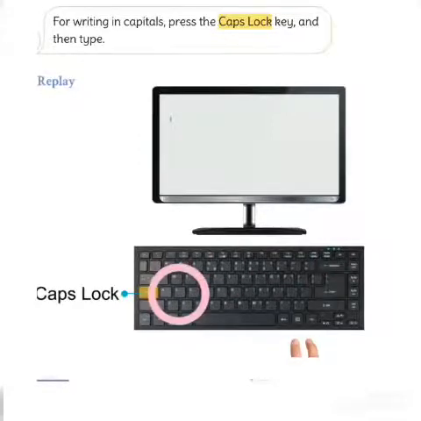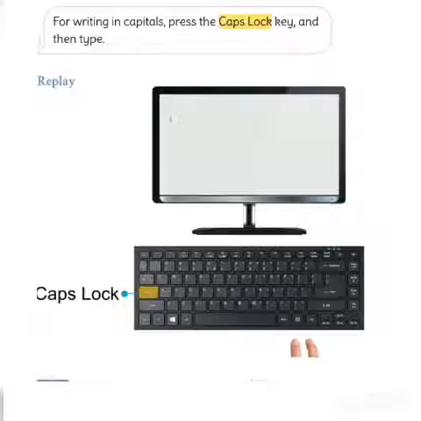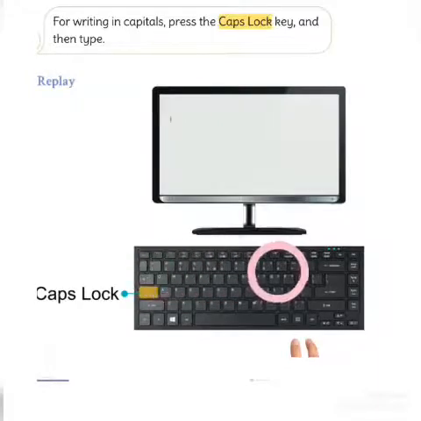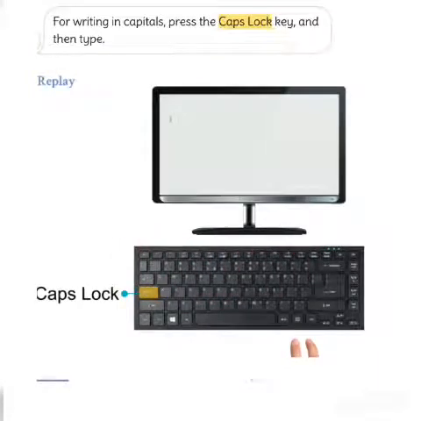See, inside this you can see so many alphabets. These are your alphabet keys. With the help of these alphabet keys you can type all the letters from A to Z. Also see here 1 2 3, these are your number keys. Number keys are here at the top and also you can see them on the side. You can check your keyboard. With the help of these number keys you can type numbers, and there are also so many special keys.